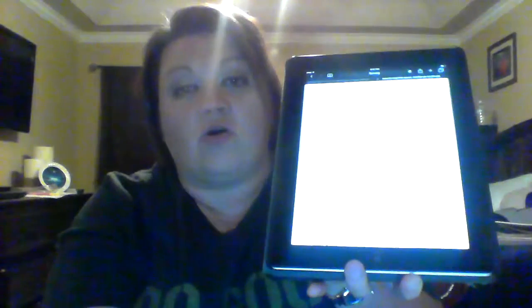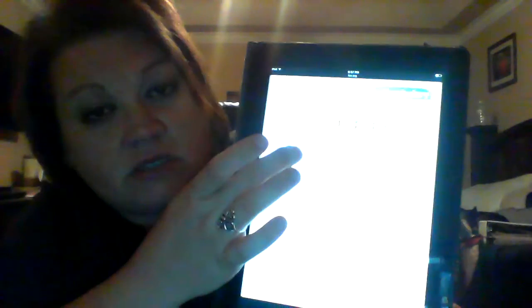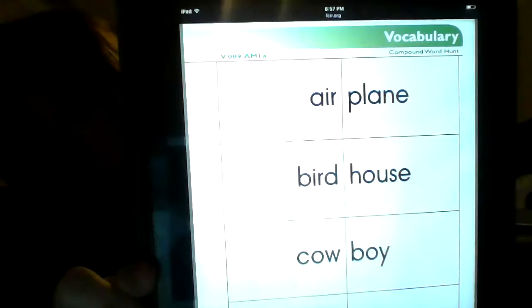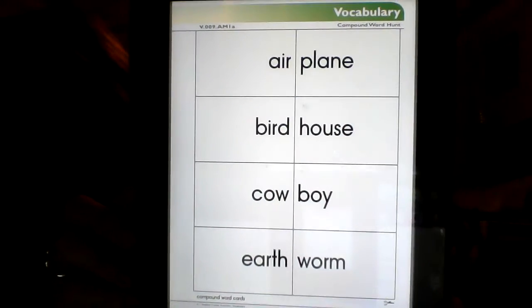For enrichment, I would have the learner create their own compound word cards by using the blank cards that were provided in the FCRR. And I can show you that real quick. Okay, so this is the FCRR website, and if you look, so here are the words, and of course they're backwards, but you get the gist. And there's the pictures,